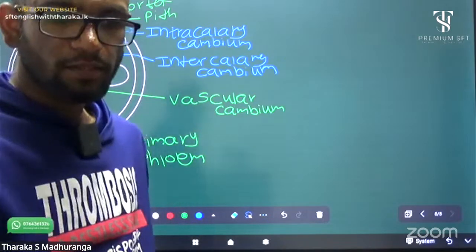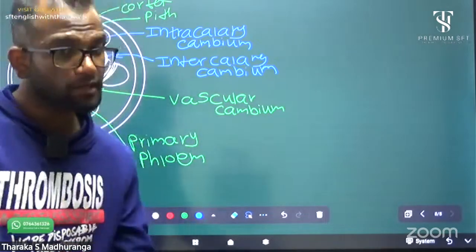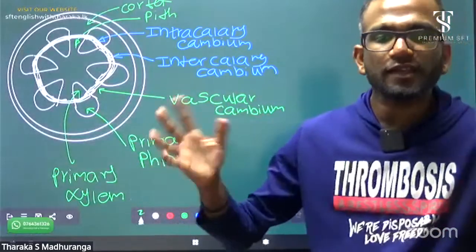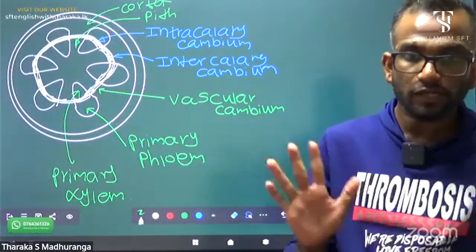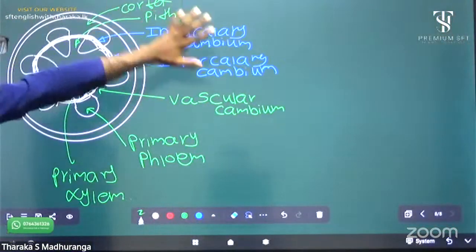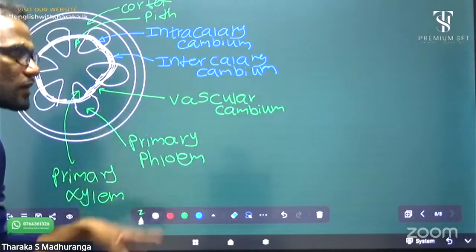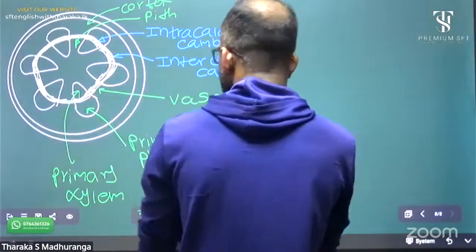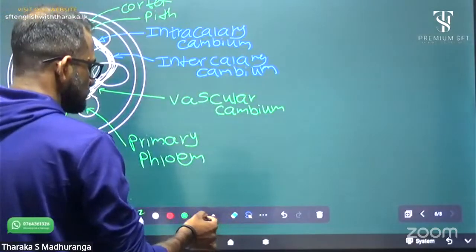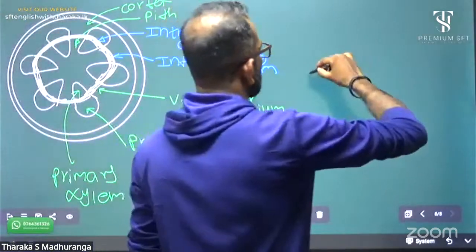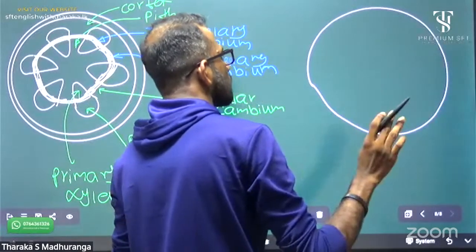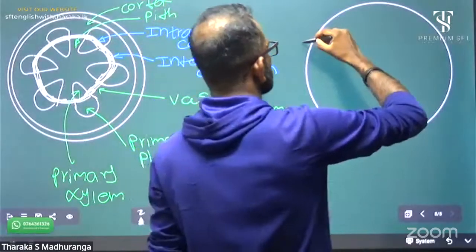Okay, complete primary growth and secondary growth. But it is not complete yet. This is still the middle. The secondary growth has only started, but it is not complete. Now this is the middle stage of secondary growth. Now what happened? Try to get the full idea, otherwise it's difficult.